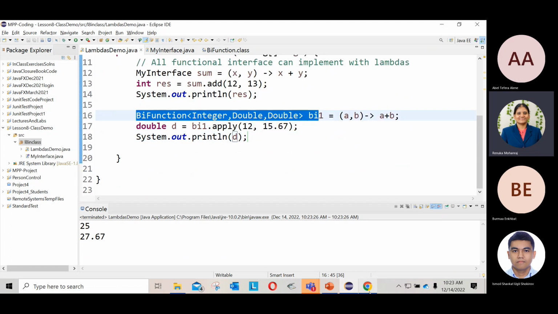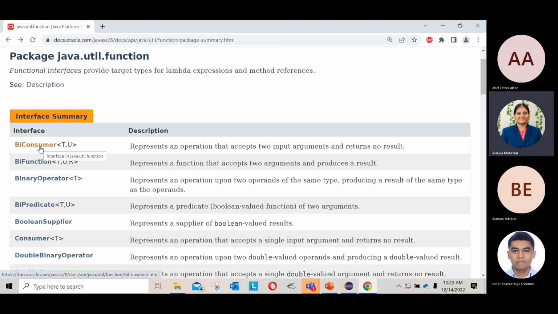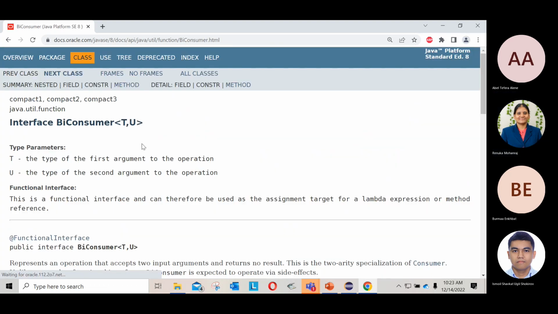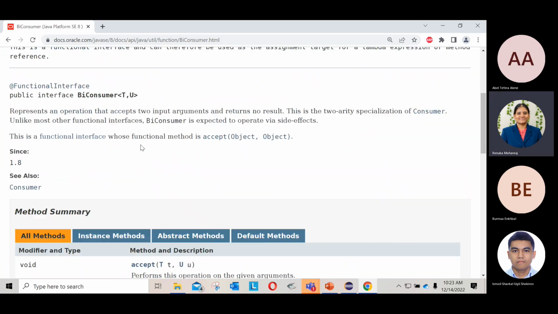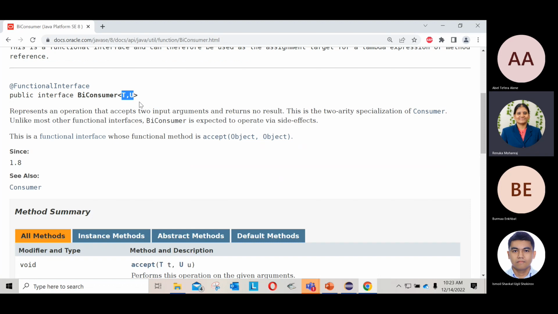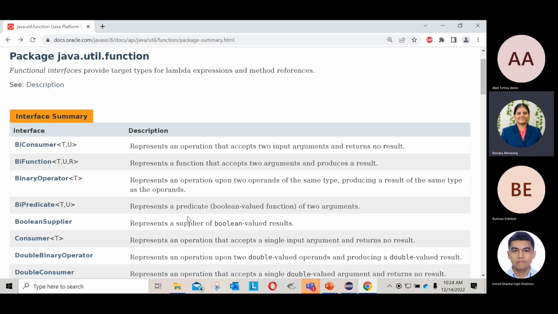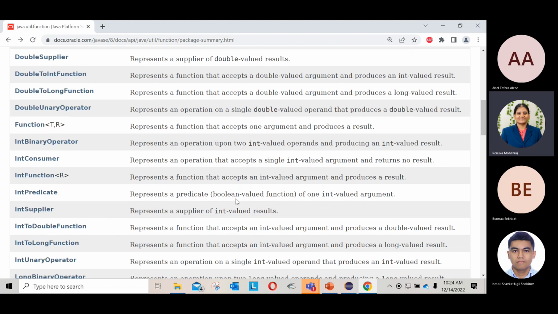Let's look at some of the interfaces to show you from here. Okay, let's say BiConsumer, what will it do? Look at the signature of the BiConsumer interface. It takes two arguments, but it does not return any value. So in that scenario, you can use BiConsumer. Take two different arguments, whatever you want, but no return value. So you can refer to each function's purpose. You can read it from here.